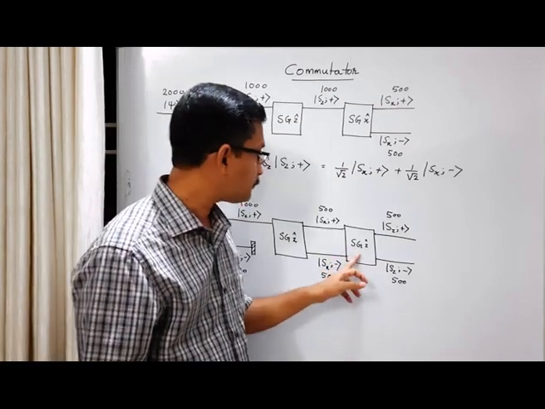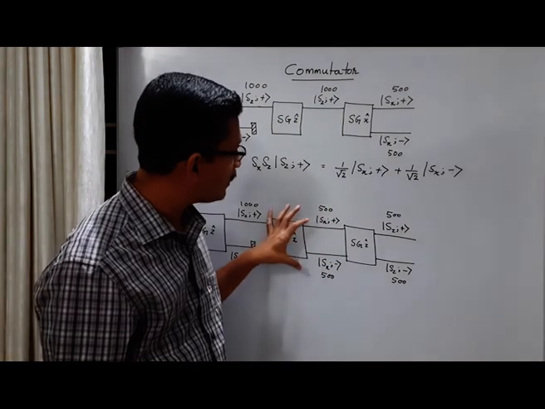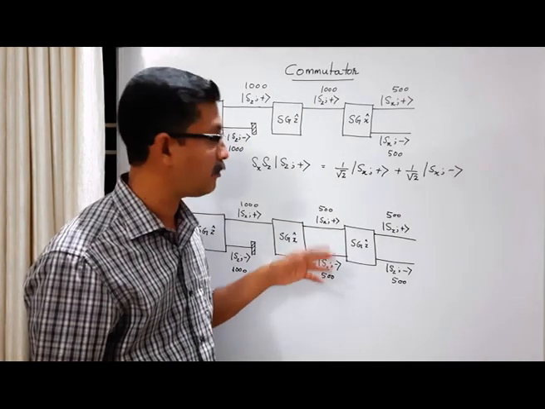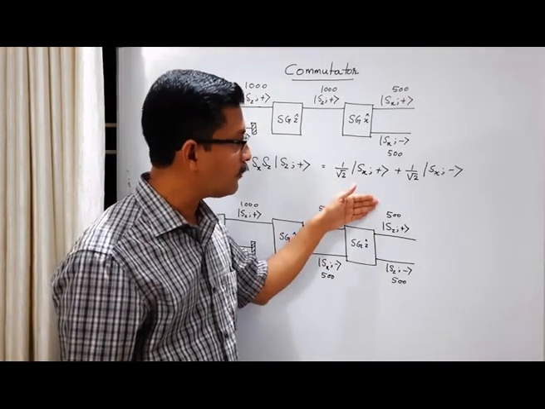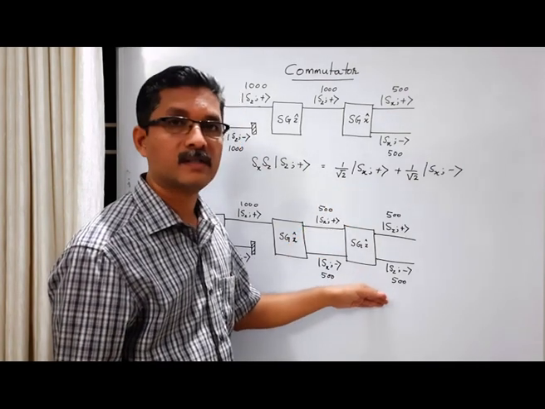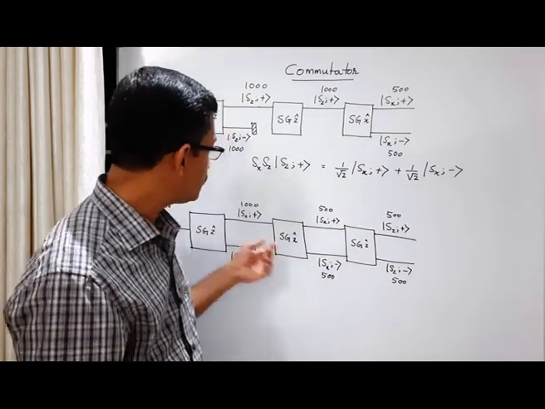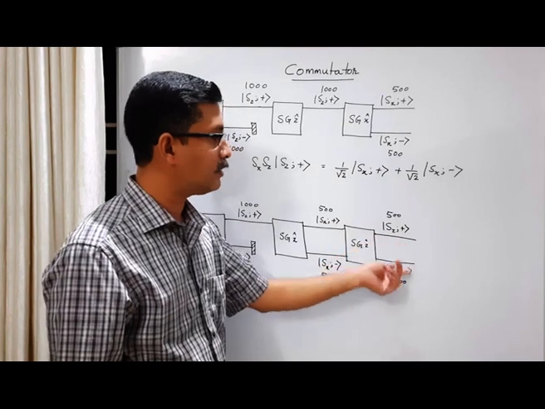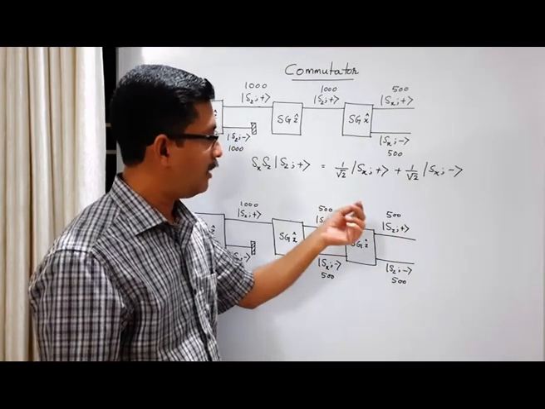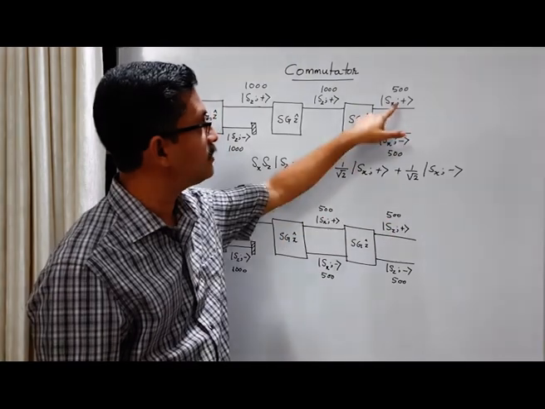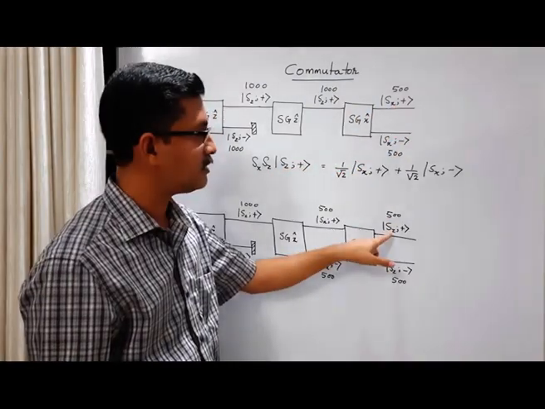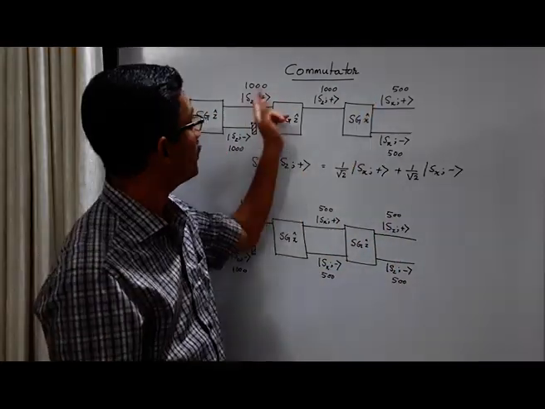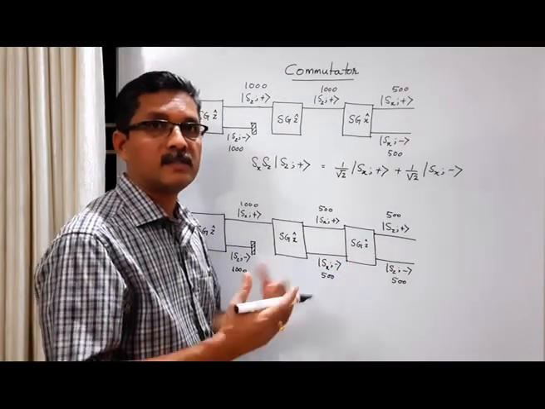Okay, so what you get here, again, the input particles are 1000, half of them are in Sx plus state, half of them are in Sx minus state. But here the outcome is again nearly 500 particles in Sz plus state, 500 particles in Sz minus state. So starting with this 1000 particles, when you reach the final state, the intensity reduces by half, 50%. But the states are different. Here the states are Sx plus and Sx minus, whereas here the states are Sz plus and Sz minus.